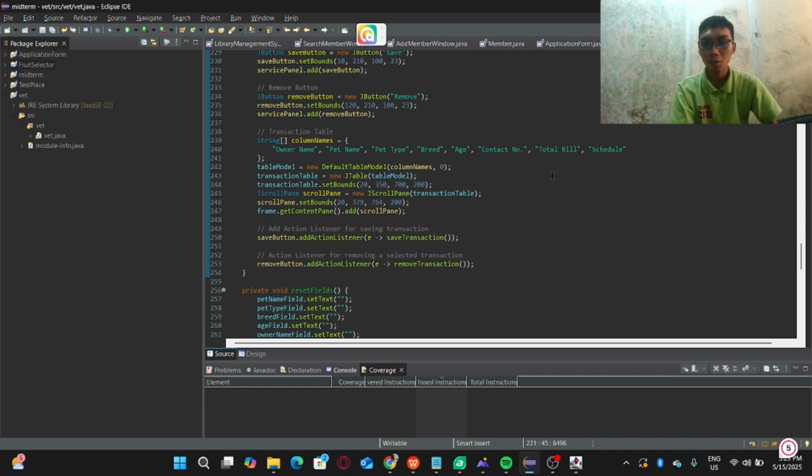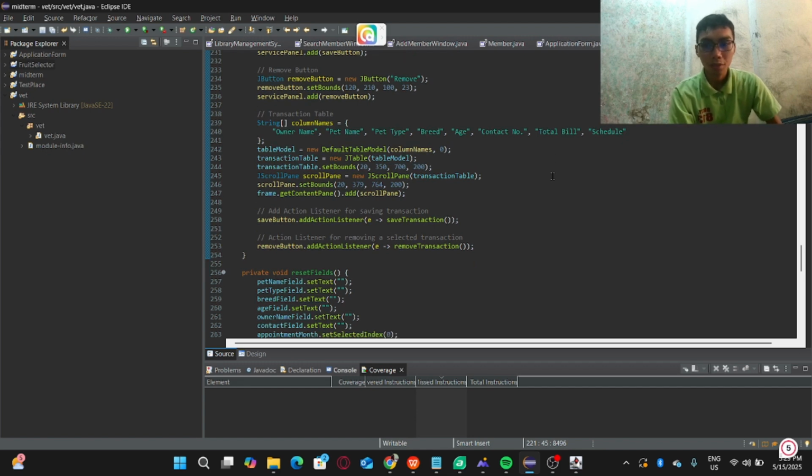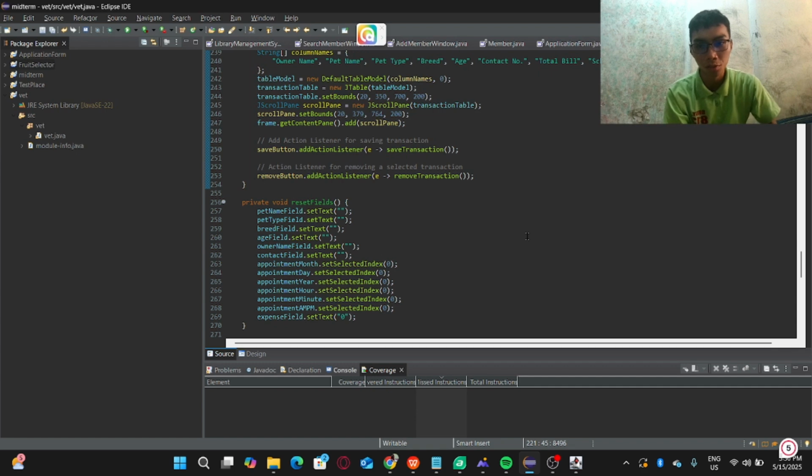Next is the transaction table where the transactions are recorded. It is composed with a JScrollPane, just in case multiple transactions have been recorded. Now there is the action listener for saving the transaction, and the action listener for removing the selected transaction.